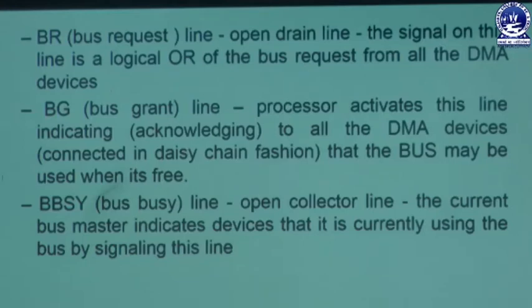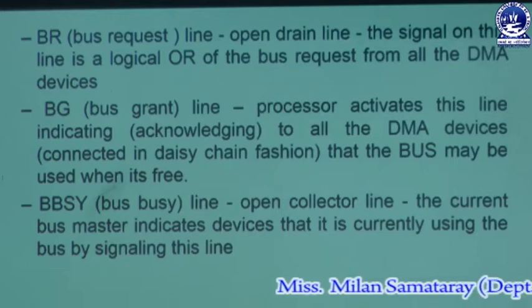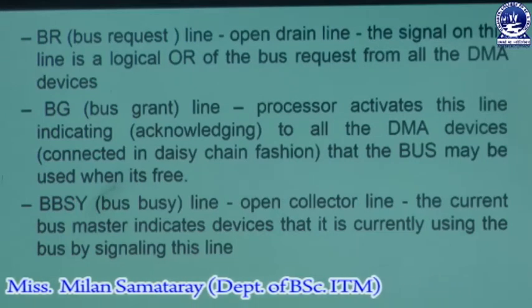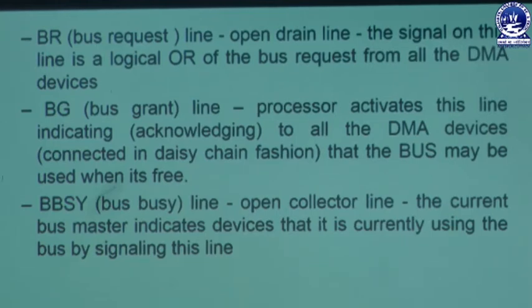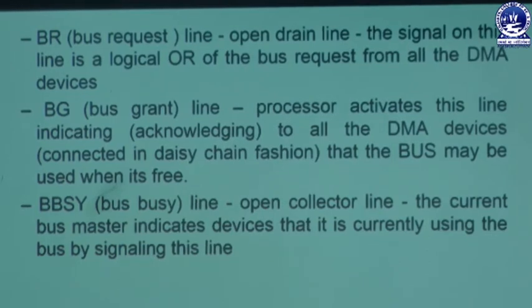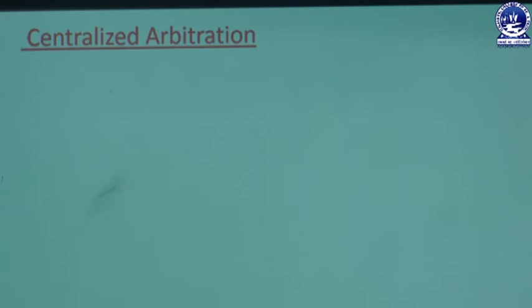That means for the data transfer taking place using that bus, whichever device is the bus master gives the information that the bus is now used by that device, so the others have to wait for some amount of time. It sends a signal by using that line to the other devices that the bus is busy or used by that bus master. After the bus is released from that bus master, another DMA controller can access it. Okay. Then the next concept is centralized arbitration.